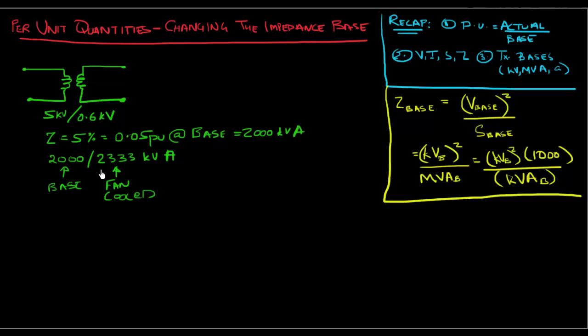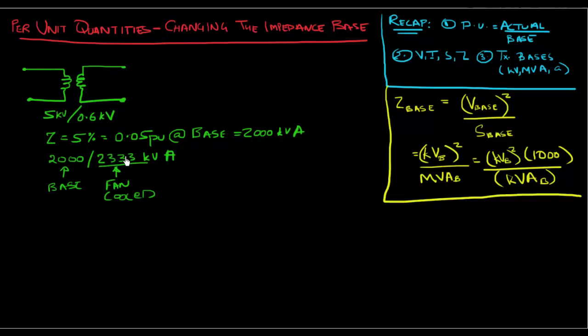So there are certain transformers that have this option of installing a fan on them, or they can come from the manufacturer if you order it with the fan, where they say, okay, when it exceeds 2000 kVA, I turn my fan on, and then it allows me to transfer up to this much extra power. So let's assume this transformer has a fan cooled rating of 2333 kVA, right? The reason I chose that funny looking number is because that's a standard rating if you look up a transformer manufacturer. Okay, so now you're given an impedance of 5%, but the manufacturer says it's at a